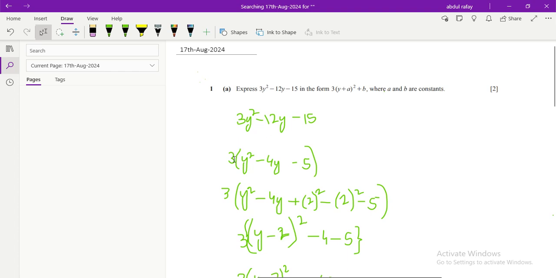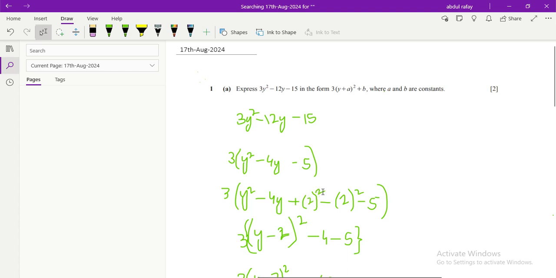If you take it common, you can write y squared minus 4y minus 5. To convert this into the form, you divide the coefficient of y by 2, and add the square